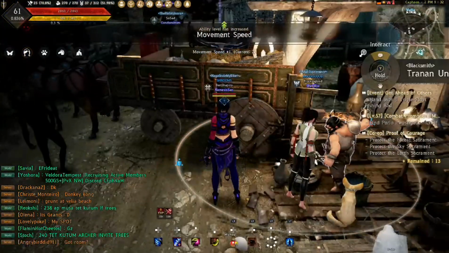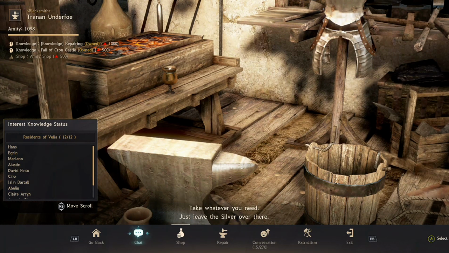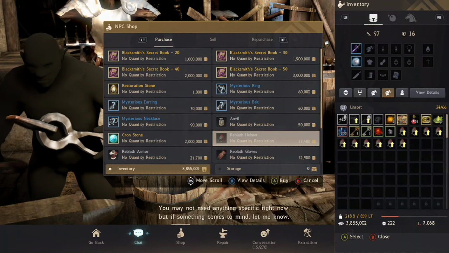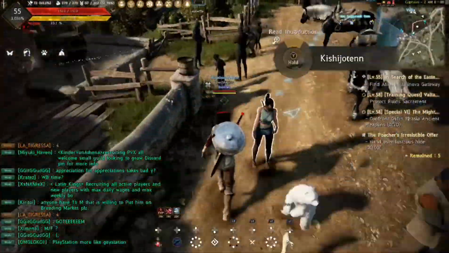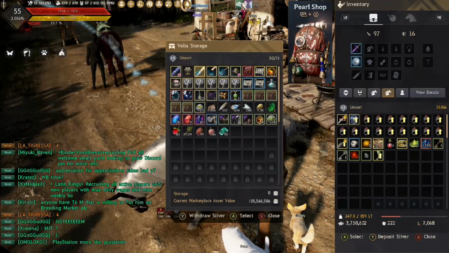Here I am going to switch into another character. Another way to build up fail stacks efficiently is by buying Reblath armor or buying Militia weapons, depending on if you have more Blackstone armor or Blackstone weapons. And then